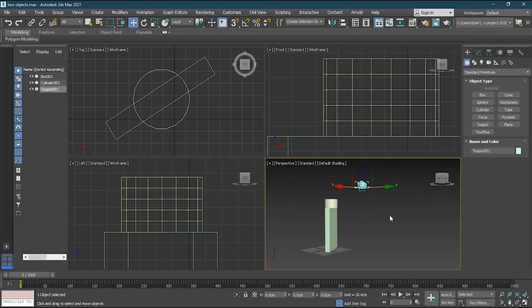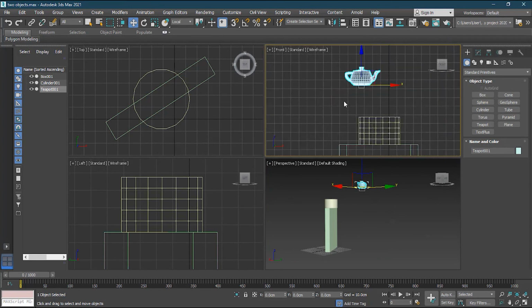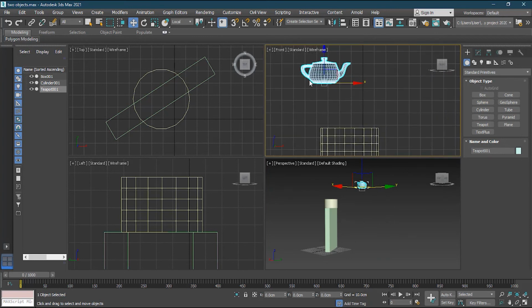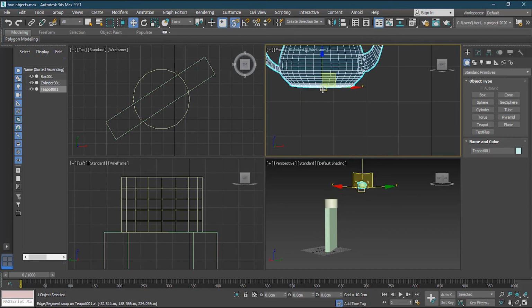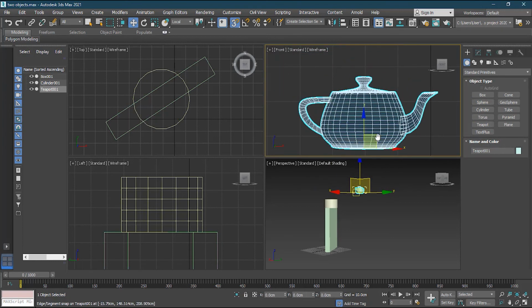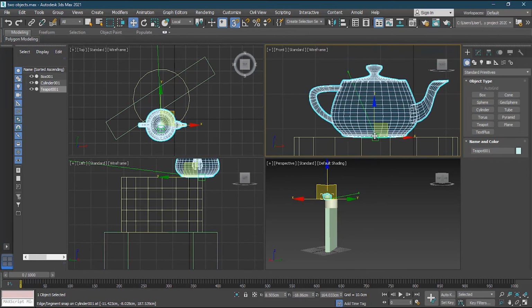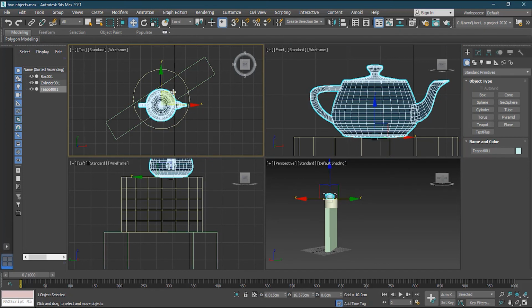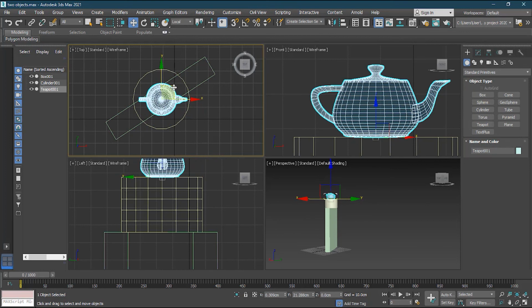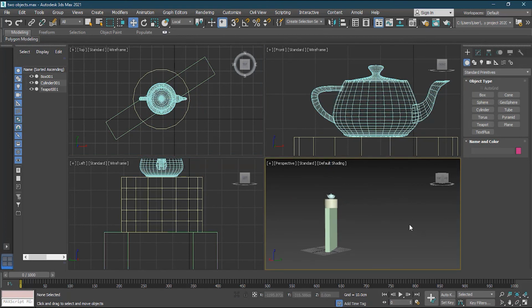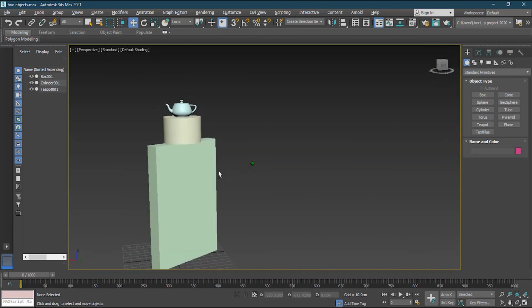Now let's do the same thing with the teapot. I will take the teapot here and toggle this. Now I will take the flat angle here, because the teapot is not completely flat from the bottom, so the whole thing is not an edge, only a small part is the edge, but still it can help me. So I will put it down here, uncheck this snapping. Now I can move it to the middle from the top viewport, and now if I go here, make it bigger, Alt W, zoom in and then orbit around, and you can see